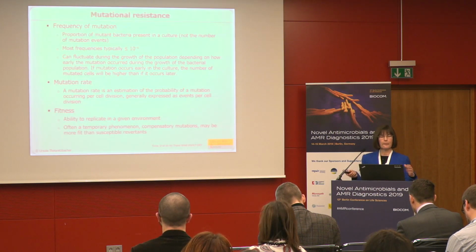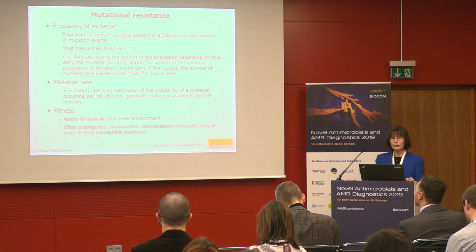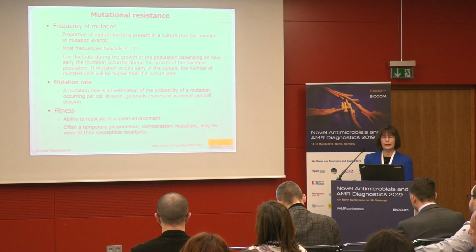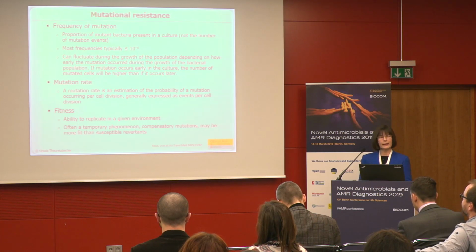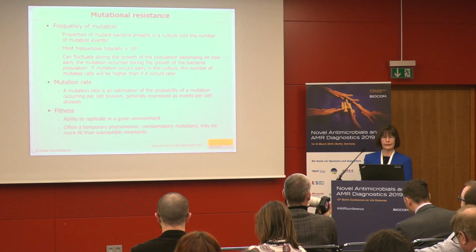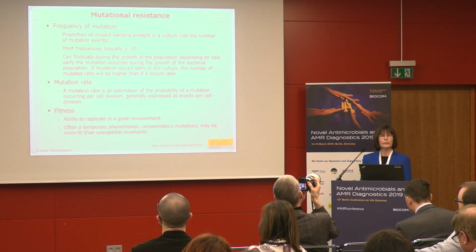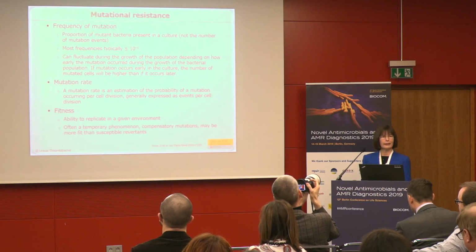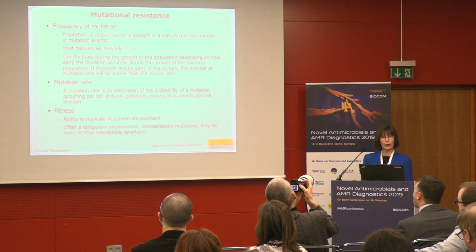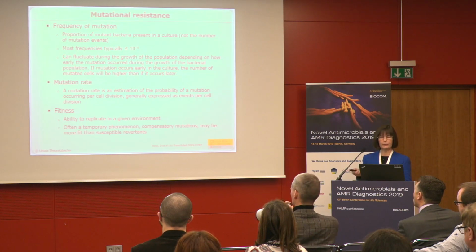So first, just to explain what we are talking about, frequency of mutation means the proportion of mutant bacteria that are present in the culture. And what we usually see is frequencies that are below 10 to minus 6. This frequency can fluctuate during the growth of the population, and depending if the mutation occurs very early in the growth or later on, we find different mutations